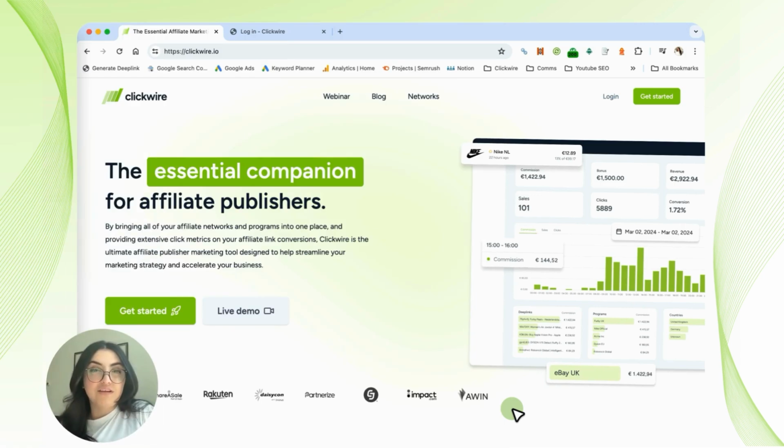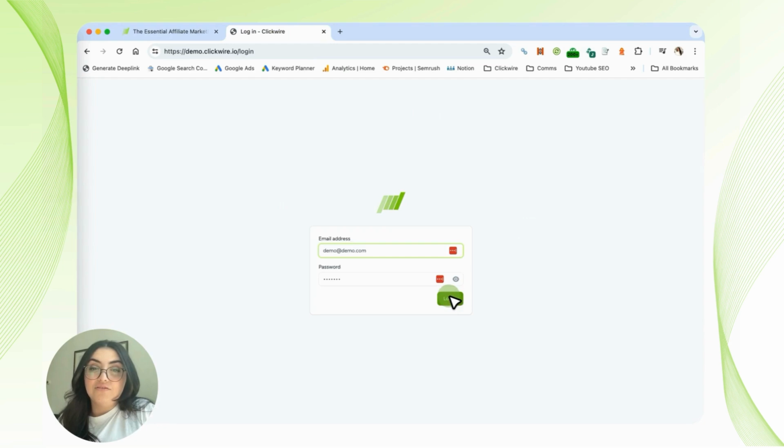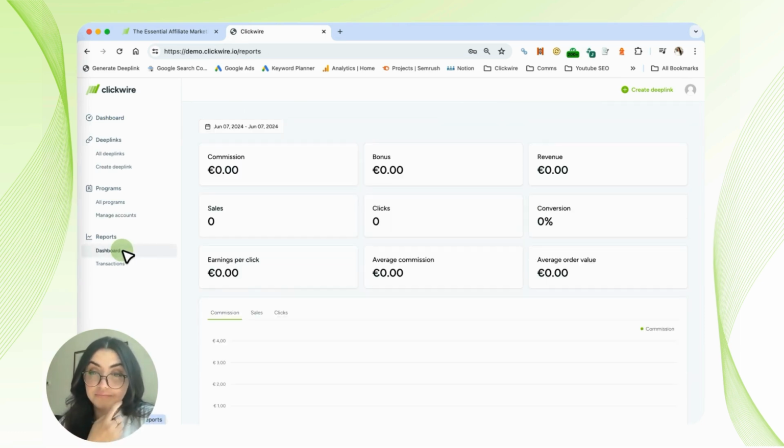So after you start and you did your setup process and everything, you are going to go and log in into Clickwire. You're going to enter your login information, of course, and then you're going to have this screen that started. Now, to visualize your dashboard, you're going to go into the left side of your home page, and you're going to go to the report area where you're going to find dashboards and transactions. You're going to click on dashboards,